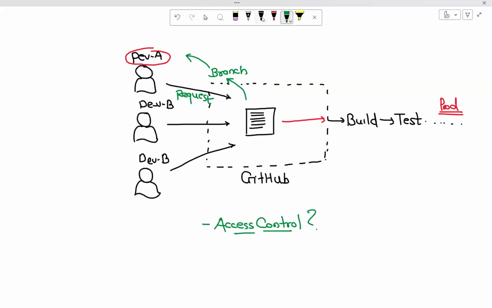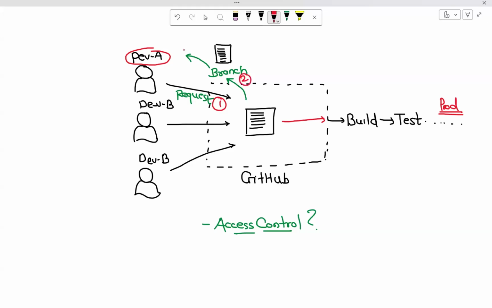A branch is nothing but an exact copy of the final code. The developer will not be given direct access to the final code. Rather, the developer will be given a copy of that code. If I put numbering on this overall environment, this will be the first step. This will be the second.